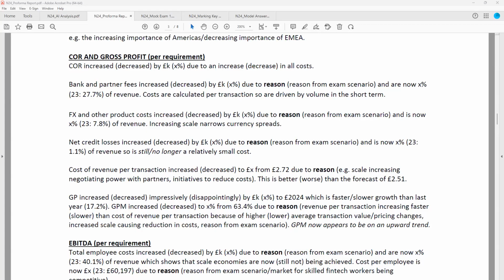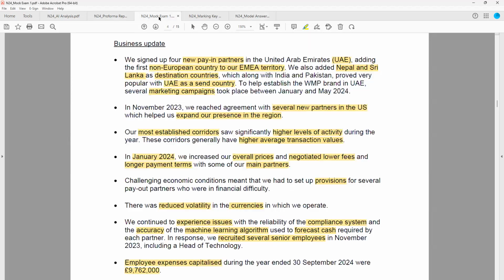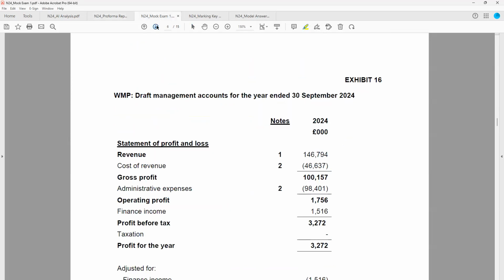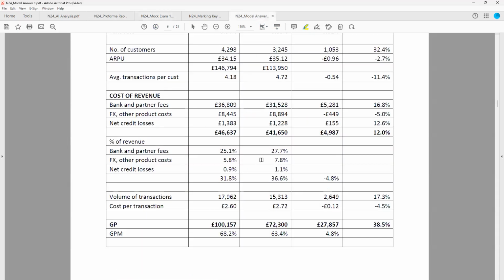So the next section that we needed to address is cost of revenue and gross profit. It makes sense to do those two together because obviously the cost of revenue feeds into gross profit. So again, we could start by putting in our prior year numbers, which we can get from our AI analysis. So we've got those all there. And then we'll just go to the exam paper and pick up the numbers, which again, of course, are in the notes. So we've got those there in the breakdown of expenses. So we can put those numbers in and then